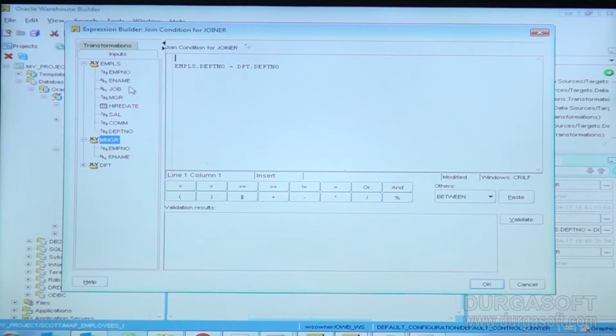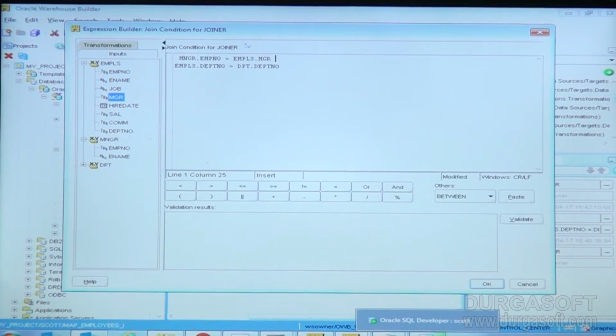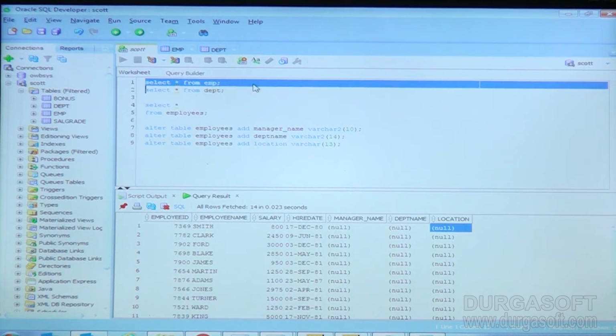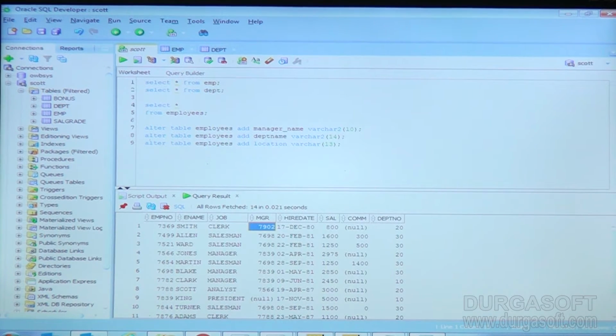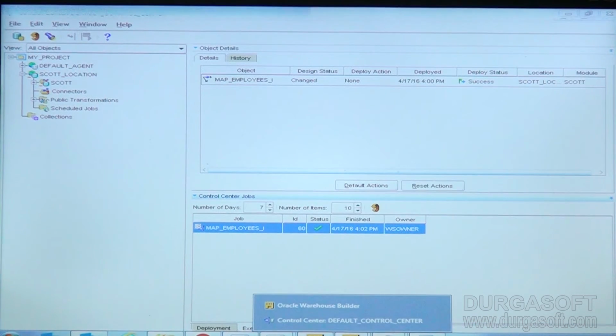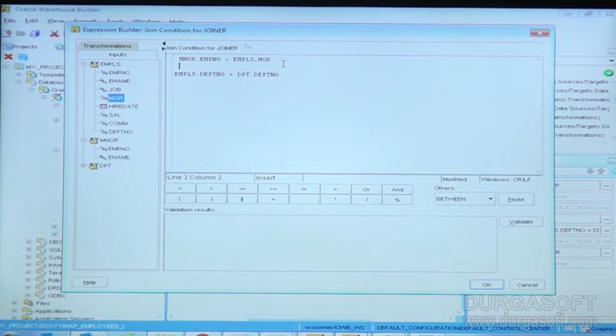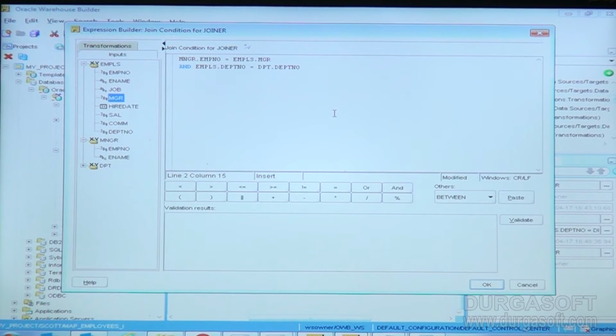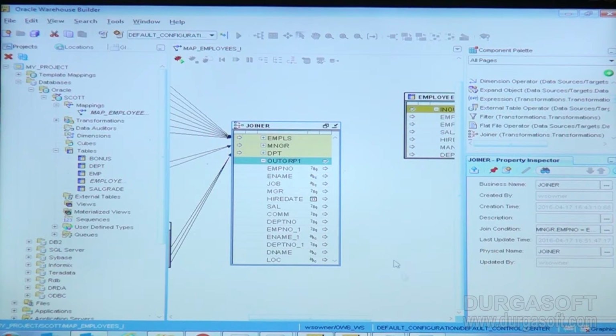From employees table I have the manager ID, right? So here also I have the employee number. So from there I'm taking employee name, and here I'm joining with manager ID, because the MGR is nothing but its manager ID in the EMP table, right? Department number is already there, so I have added that. So two conditions we have already added. Okay, give OK, and now